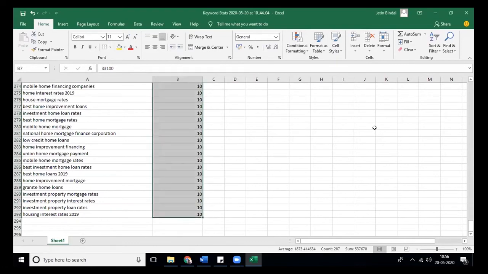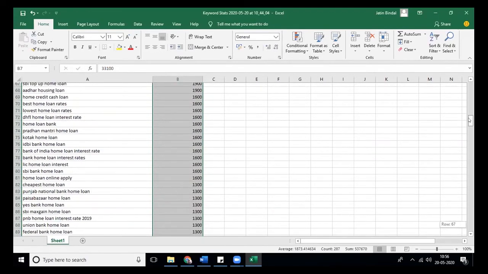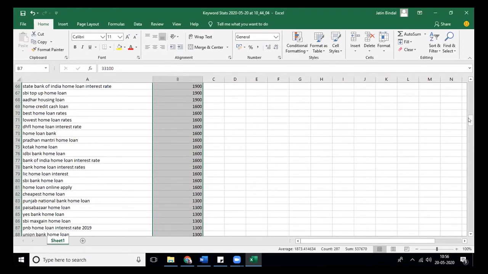Now the keywords which are below the average, we will mark them as not highly relevant keywords. The reason we will not take them ahead in keyword research is very simple: if we try to optimize them, we will get lesser results in comparison to the other keywords.